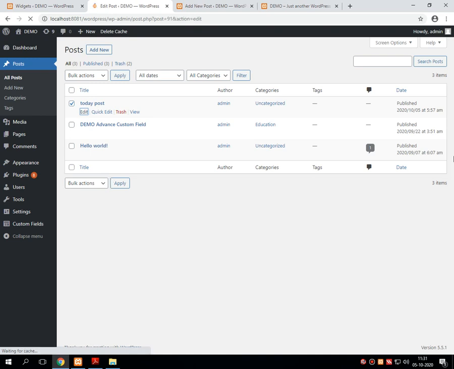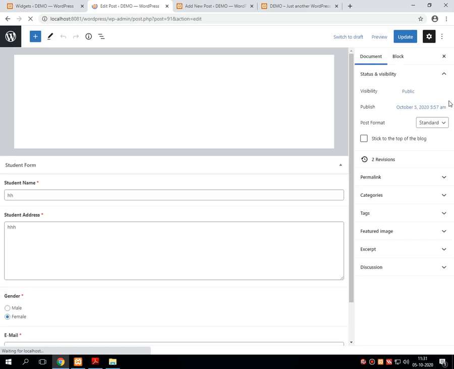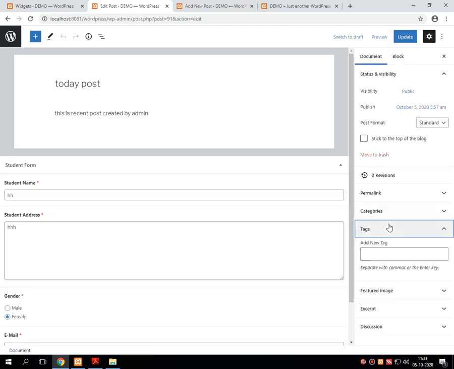I am editing that particular post. Once it opens in edit mode, we have to go for tag. Then we have to add some tags, like AAA I am adding. Then BBB, just for demo purposes, and CCC. I am just adding 3 tags.